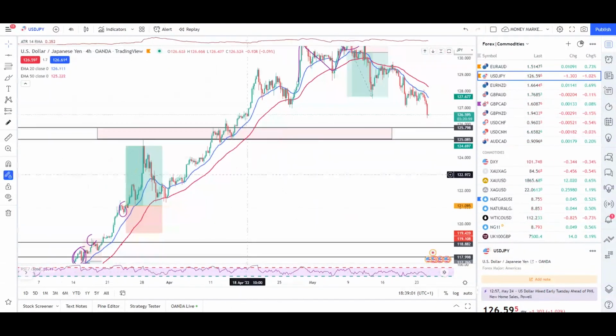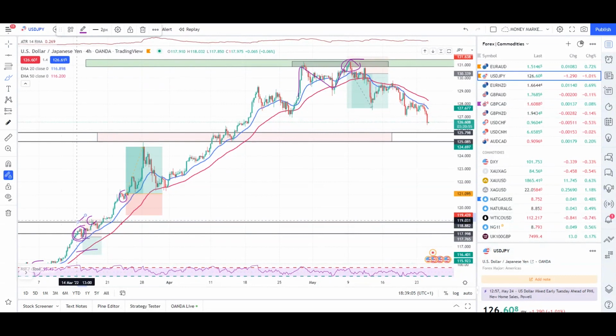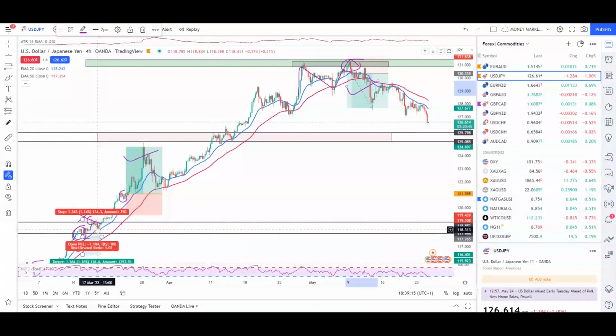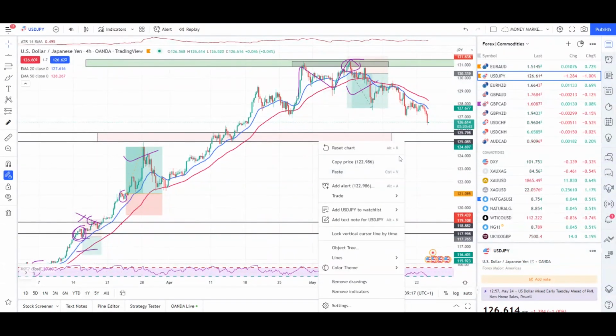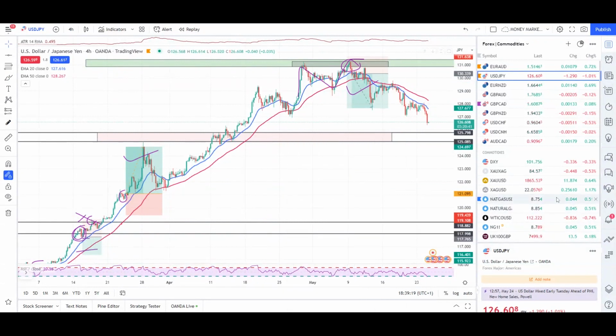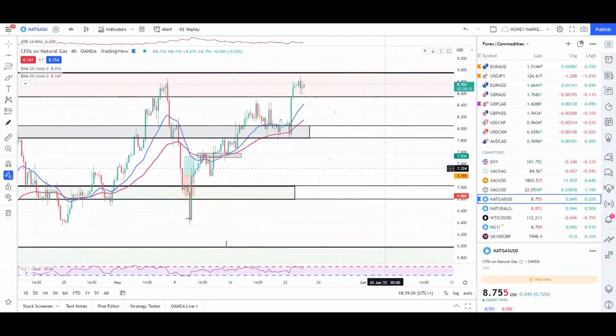So imagine if I have blown up my account right here, I wouldn't have an opportunity to take this trade and this trade. And as you can see, I'm still in a profit after losing this trade. Yeah, that was a shitty feeling when I hit a stop loss, but I waited with patience. So that was an example I wanted to give you guys, so that you don't make mistakes like this by not putting a stop loss or by not following proper risk management. Of course, I do not know about your account balance. You should know how much risk you are able to afford. This is what I do for my own self.